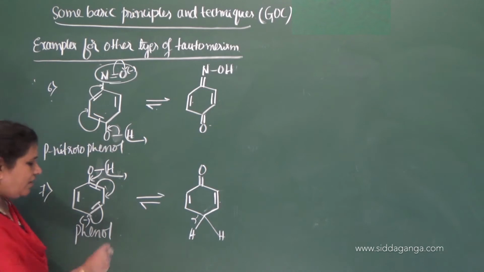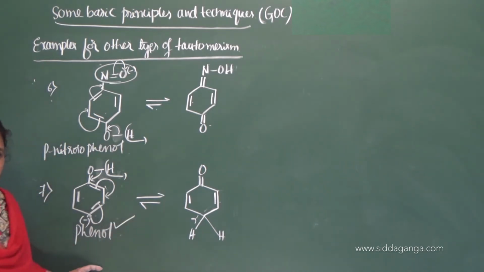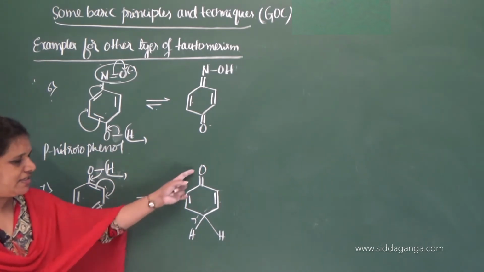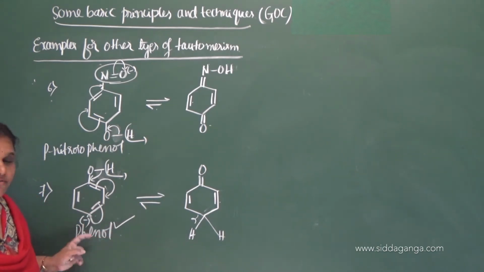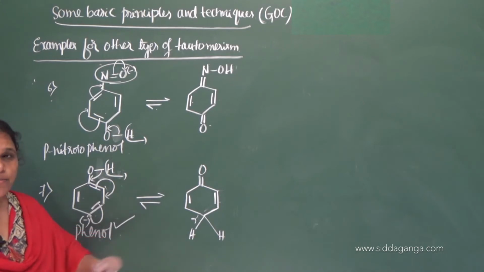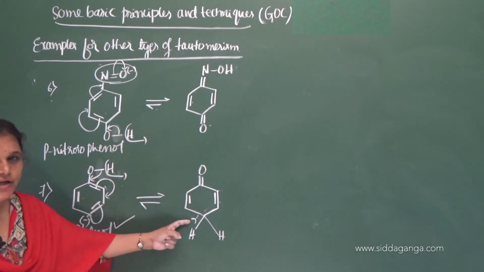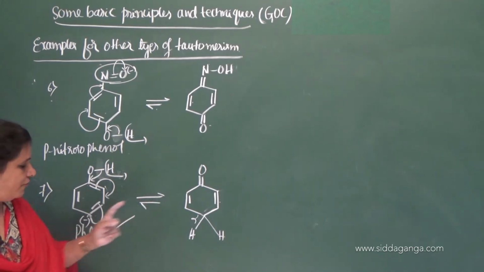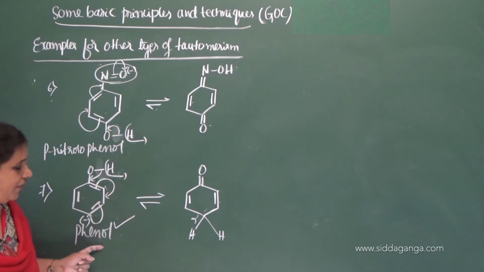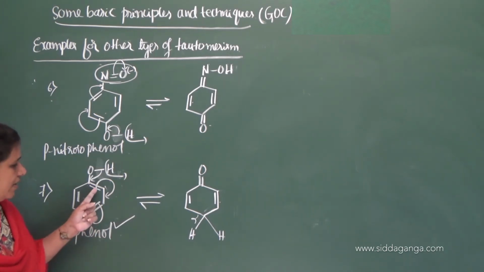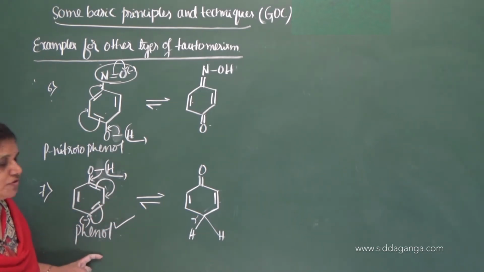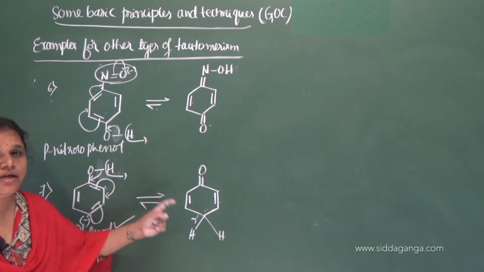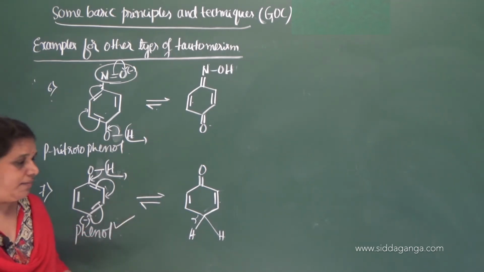But as we know that this is more stable here, phenol. So instead of existing in this way, it exists in this way. It is more stable. Phenol exists, but this compound does not exist. This is the keto form of this phenol. Phenol is an enol form because double bond OH is there. So phenol is an enol form, but here the phenol form is more stable than this. It's a keto form, that you have to remember.